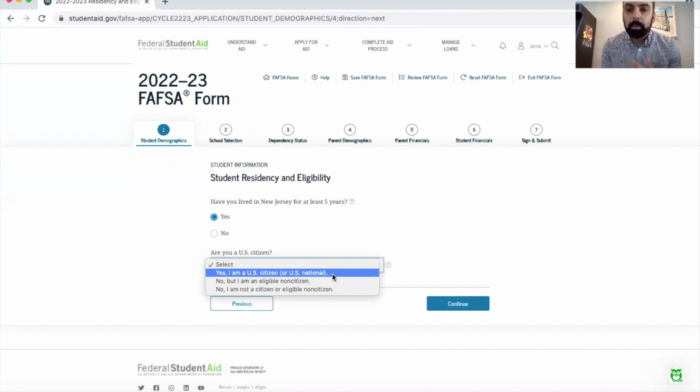The way the FAFSA form works is this. You have to be either a U.S. citizen or a permanent resident as the student to fill out this form. The parent's legal status, to be honest with you, doesn't matter. As long as the student is a U.S. citizen or has a permanent residency here, they're able to do the FAFSA form, which means at the end of